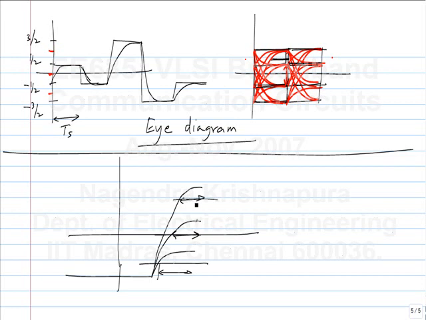Because you have 4 levels, you can have a large combination of initial conditions and final values. See, what is the ISI in this case? So we had binary data, we got the ISI to be the summation of h of n for n not equal to 0. What is the worst case ISI in the 4 level case?